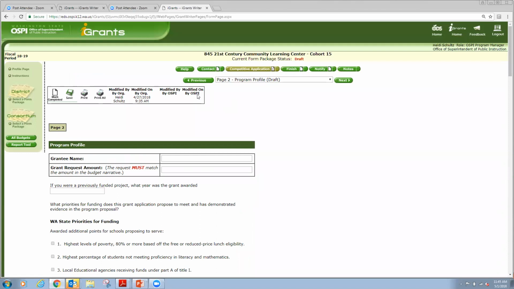Page 2 is the program profile page. It not only gets awarded points, but secondly, it gives a ton of information to us and to the readers about this program that you're designing and building for after school. The first couple sections are about the program profile. We want your name, the grant request amount, and I put a little note in there about how this amount must match your budget narrative. They have to be the same because we take this amount that you put on page 2 as the amount that you're requesting for funding, and it's really important that you budget accordingly on page 3, the budget narrative,